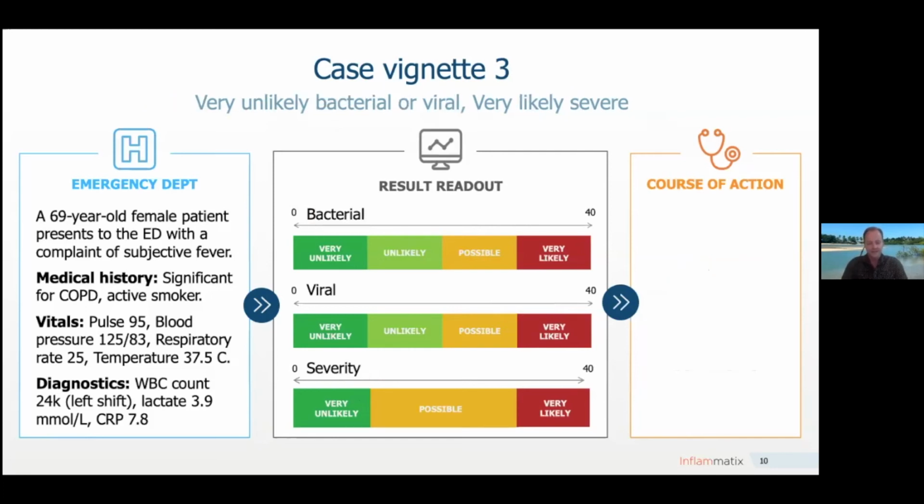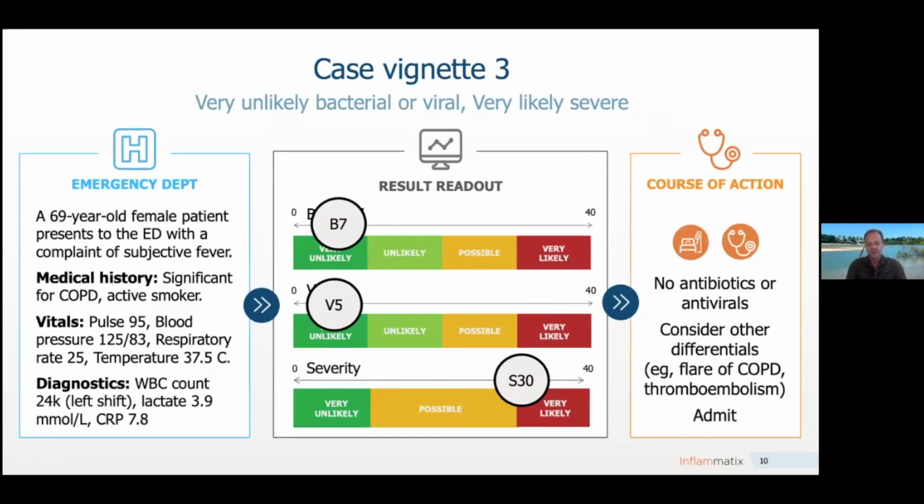In the last result readout I want to present to you, we're looking at the same patient, again with this ambiguous presentation, and what's coming back from this ideal host response test is a result of B7, very unlikely bacterial, V5, very unlikely viral, and S30, very likely severe. So here, very different from the other two result readouts, you would very likely not provide antibiotics or antivirals to